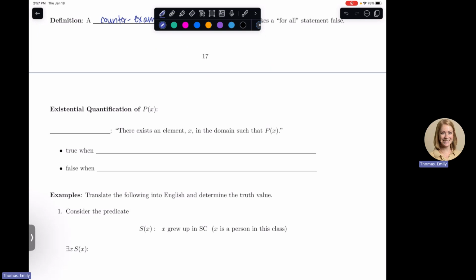So the opposite of a for all statement is a there exists statement. So this is